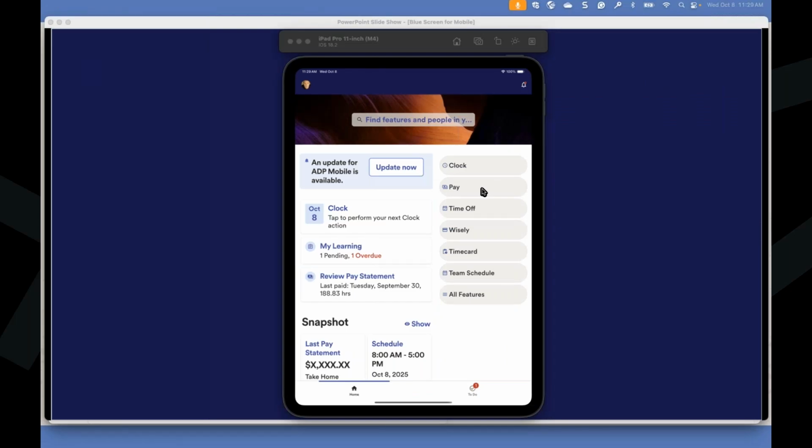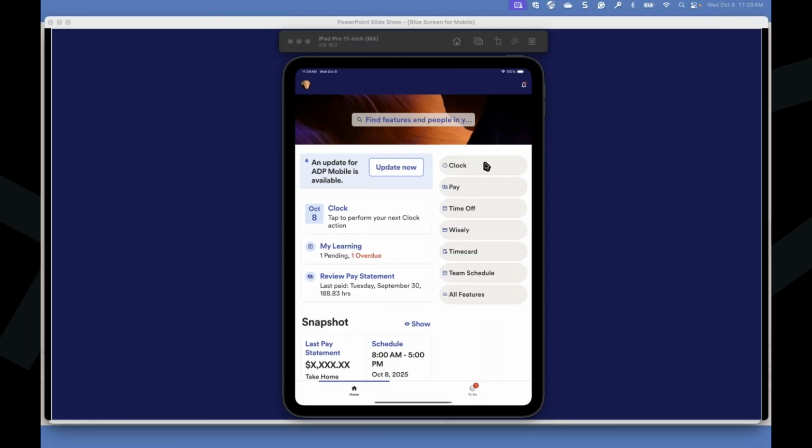Now, this is an iPad. Again, everything that we're doing today pretty much is available via our mobile app as well, which is a highly ranked mobile app for your employees. It's very user-friendly. As you can see, it can be on a phone, an Android, a tablet, but it can also be on an iPad like I'm showing you here today, and it will format accordingly to that different format. Here, I can go ahead and I can say I want to clock in as an individual employee.